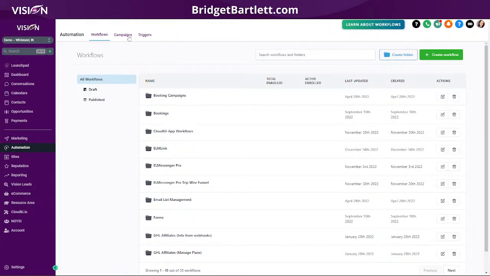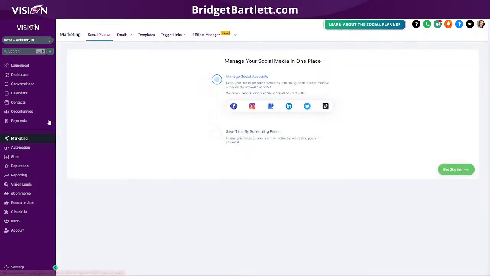These are actually features that are going away. I'm using my demo account and it's still enabled here, even though it's a legacy thing. So anything that you have here can actually be built into the workflows. These actually should not be here, okay? So sorry about that. The trigger links, what you want to do is go to the marketing tab, and you